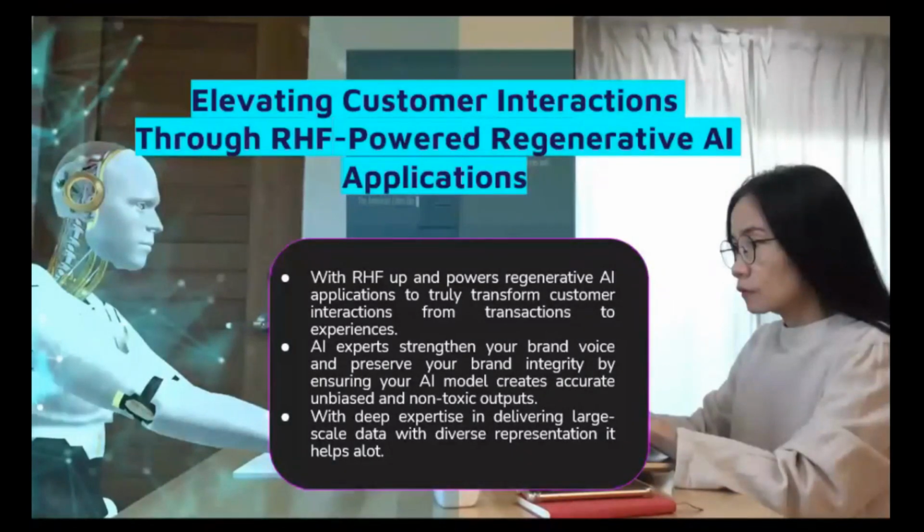One of the challenges which AI faces is bias and toxicity in its output. Imagine a scenario where an innocent customer query ends up with a response that is unintentionally biased or even harmful. RLHF-equipped AI models are like ethical filters. They are basically trained to understand language, culture, and sensitivities. They act as guardians, making sure the responses generated are not only accurate but also free from any bias or toxicity.